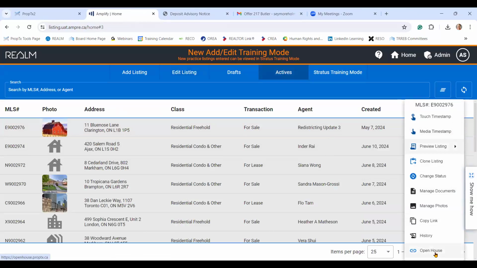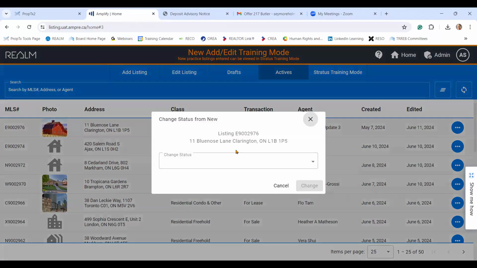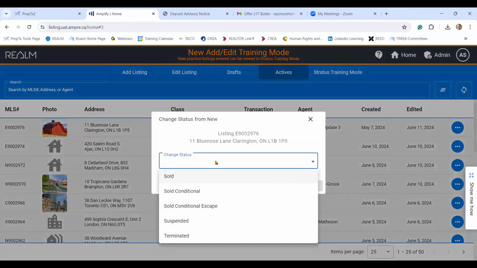You can also, from the active listings or the edit listing page, choose to do things like clone the listing, change the status of the listing, manage its photos and documents. Now, just for fun, let's go in and change the status of this listing. We can choose to change the status to sold, sold conditional with an escape clause, suspended, or terminated. Again, just going back to